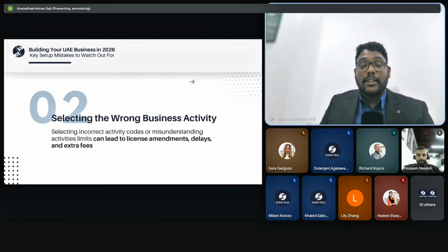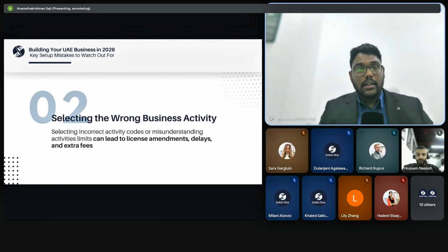Next step is selecting the wrong business activity. Now you are reaching out to a consultant or the regulatory authority and you are saying, I want to do a service license. But it's your responsibility to specify what kind of service you would require, because there is financial services, there is PRO services. So these services, you have to specify from day one itself,